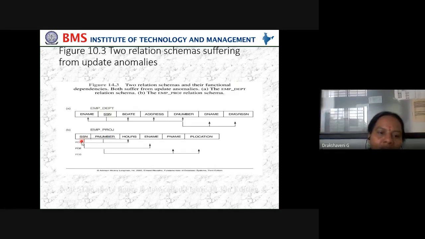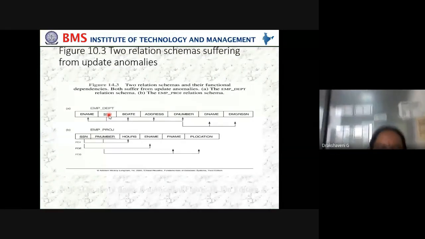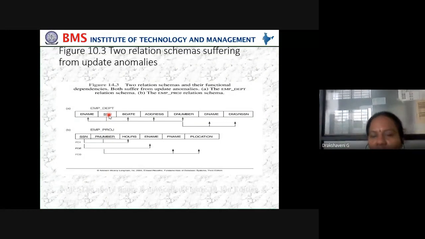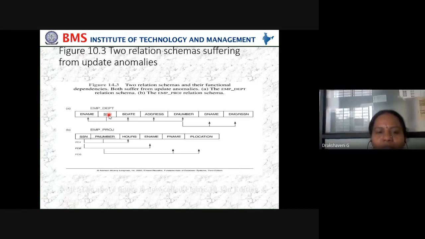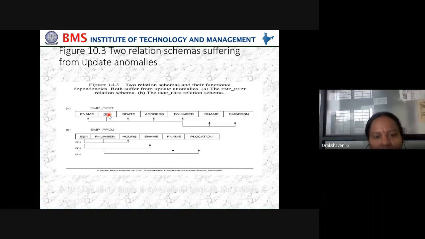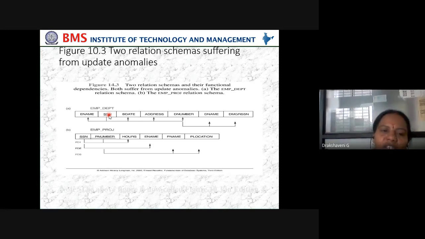So here SSN, the two relation schemas and their functional dependencies. Suppose let me say your USN, 1BY19MCA01. So who is 01? We know it is Asta. If I just know her USN number, I can take her first semester marks card, second semester marks card, third semester marks card. Like this, we can fetch the details, and I can fetch the attendance she has scored in all the subjects for the first semester. So then I can say everything else is functionally dependent on USN.